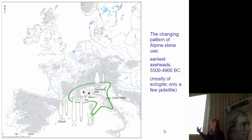Also, they've been able to break it down into time slices so that the very beginnings of use, it was probable that people who would take their flocks to above the tree level for the summer grazing would have come across this material. And so the very earliest ones tend to be, most of them are pretty small and utilitarian and not very far distributed away from the source. So there would be farming communities who live lower down in the Italian Alps who would be gathering this stuff